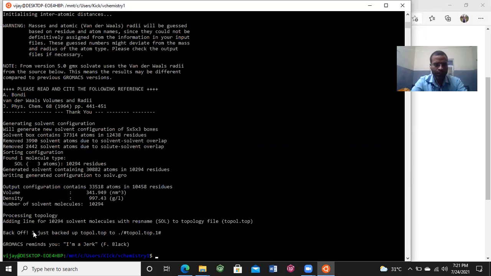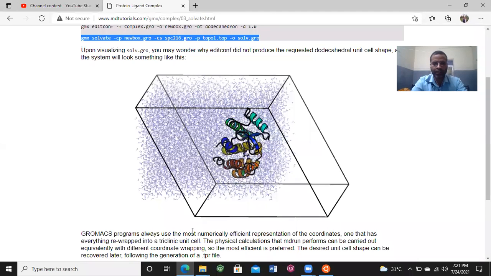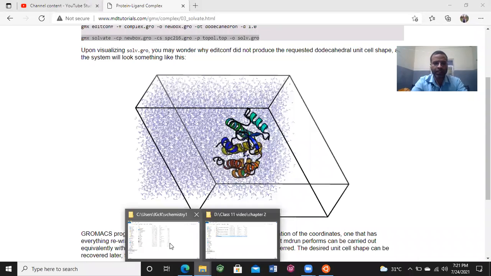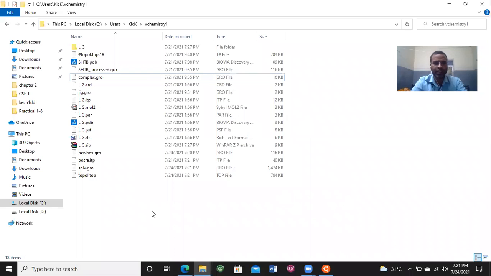Alright. I think everything is going fine, and no error occurred here. Now we can check whether the solvent parameters were added in the topology file or not.